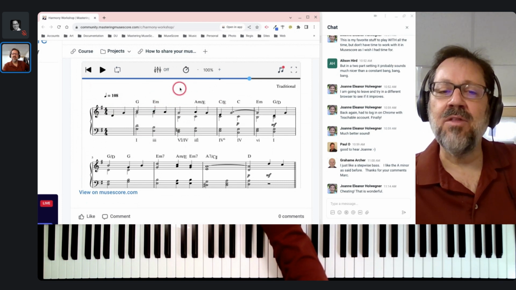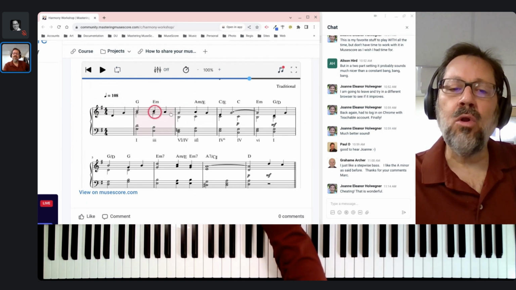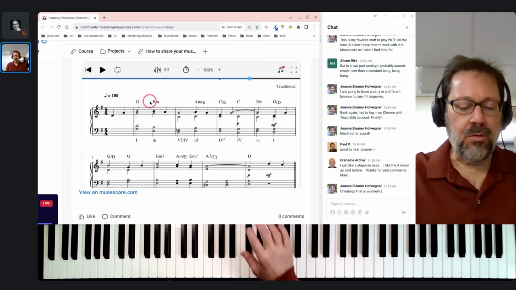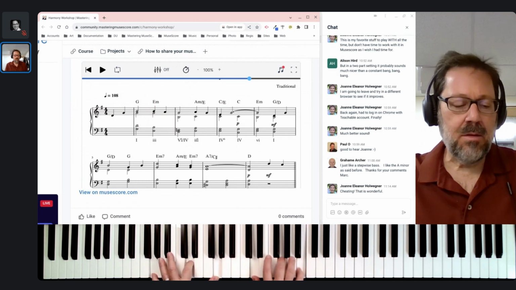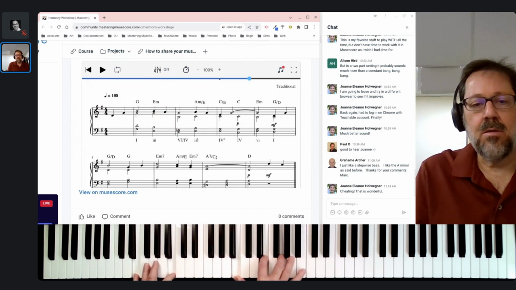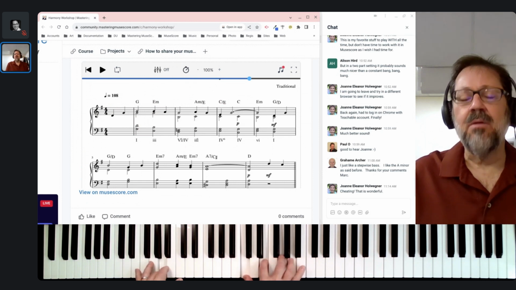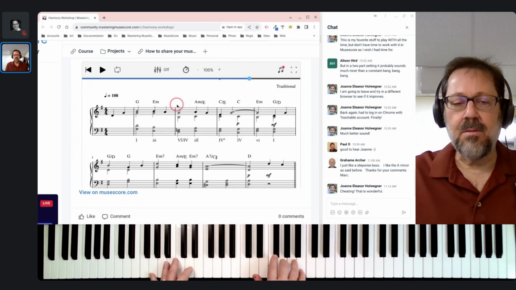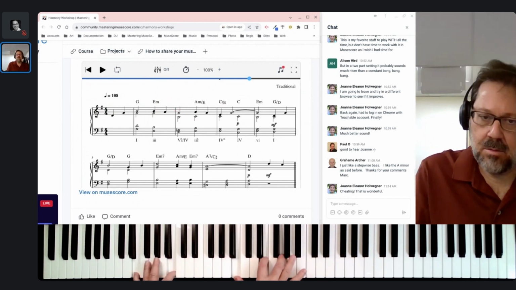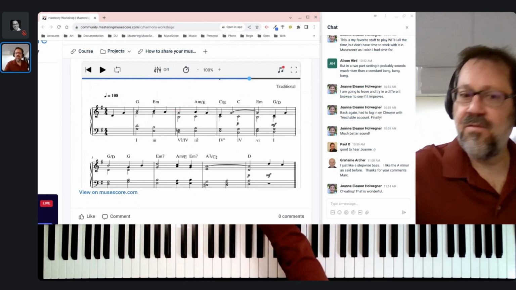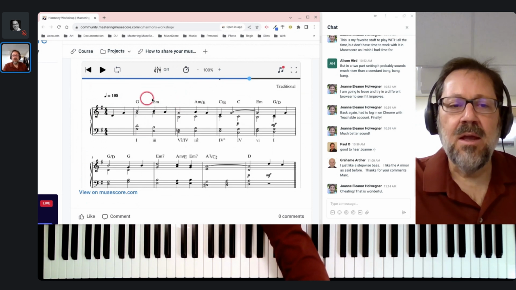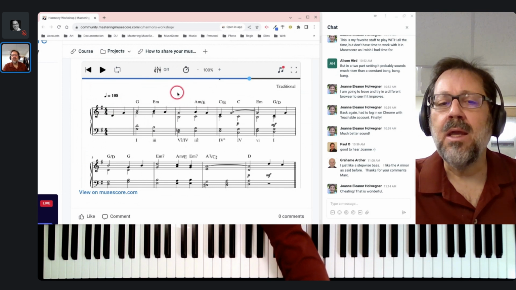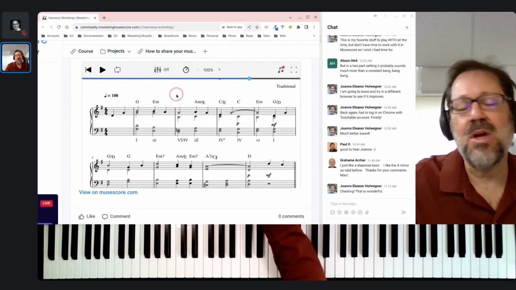Why not wait until the next measure? Somehow having a hole at the beginning of the measure feels weirder to me in my ears than having the hole there. So if it had been that, then going to the A minor would have felt strange. But if the E minor had occurred on the downbeat, it would have felt more comfortable to me. So think about where you're putting your holes. Don't put a hole in a strong position like that if you can help it.